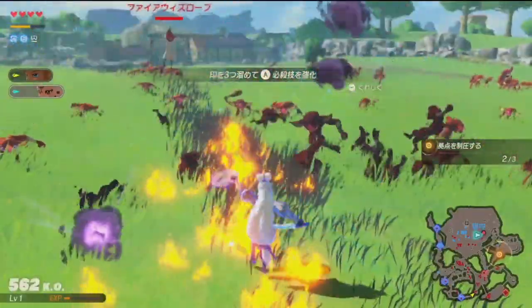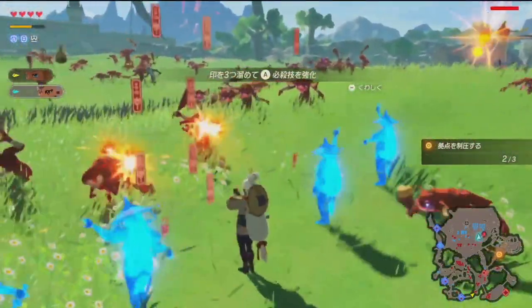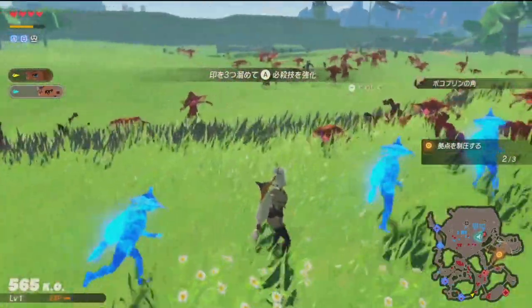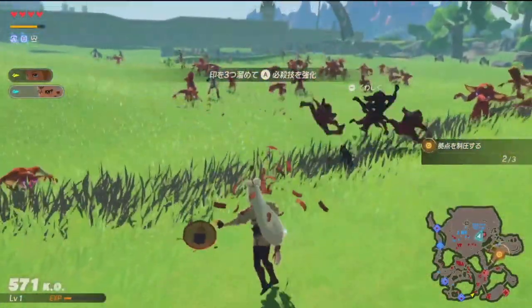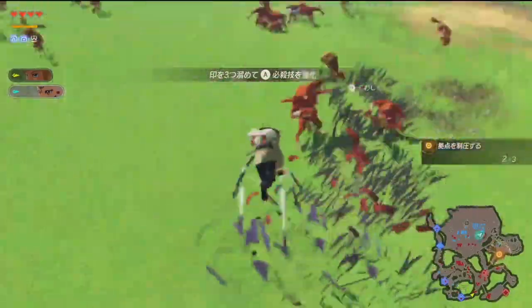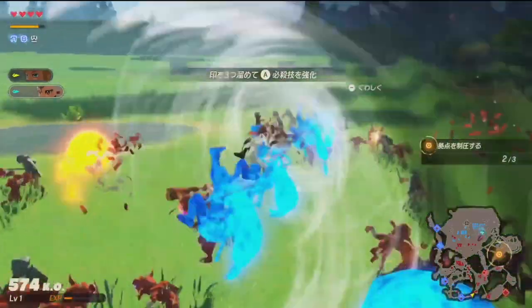Along with this, Young Impa will be playable within Hyrule Warriors Age of Calamity, and man, Young Impa's moveset is phenomenal. You're looking at some of the gameplay that they showed off here and she's all over the place, man. I really can't wait to get my hands on this game because it looks so good. As you can see, there's a lot of action going on, tons of enemies on the screen, and two things